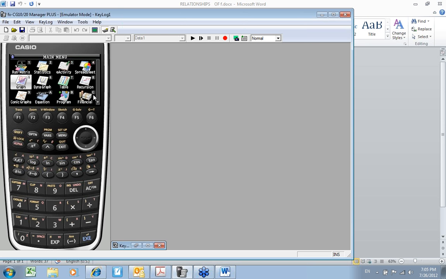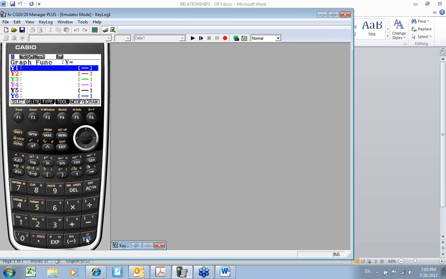For the most part, tonight we're going to be working in the graph mode. I can either hit number 5 and then execute, or since mine's already highlighted on graph, I just hit execute. That brings up all of our Y1, Y2, Y3.